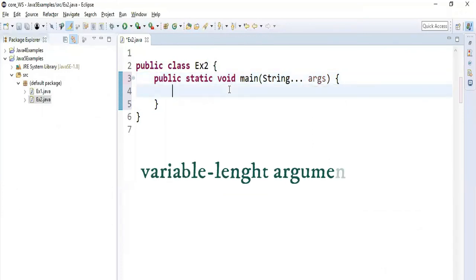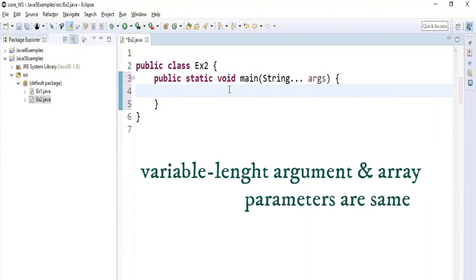Variable arguments have very similar behavior to an array.